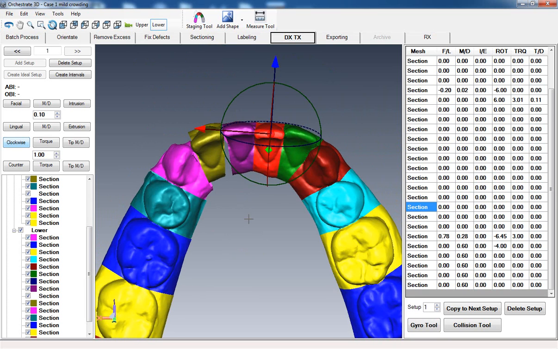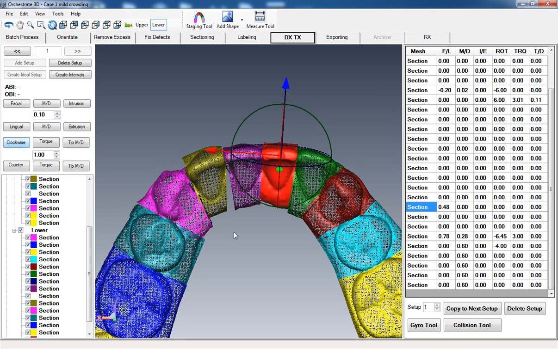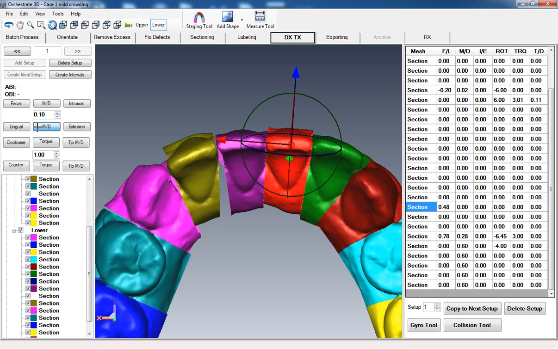I'm going to select the lower right central here. This tooth can obviously move facial, so move it facial until it is even with the lower left central. And then I'm also going to squeeze and push it distal just so there's a tiny, tiny space there. Okay,